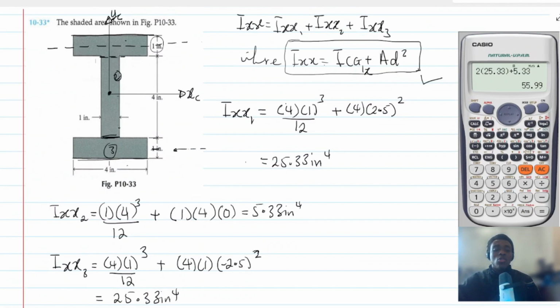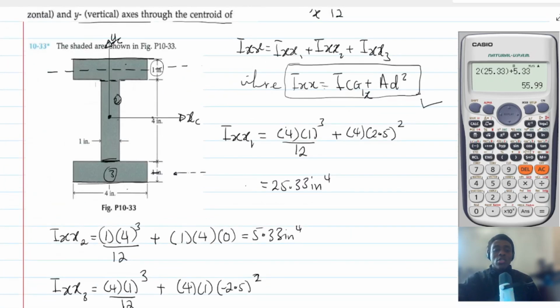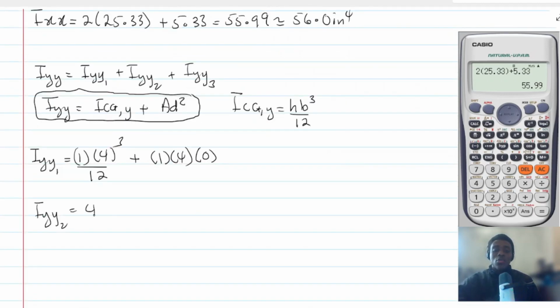So for the second one, it's going to be, no, it's actually hb cube. So h is 4 for the second area, and then b is 1, divided by 12. And then you add this to the parallel axis term, which is going to be 0 anyway. So 4 multiplied by 1, 0. All right. And then finally with the last one,